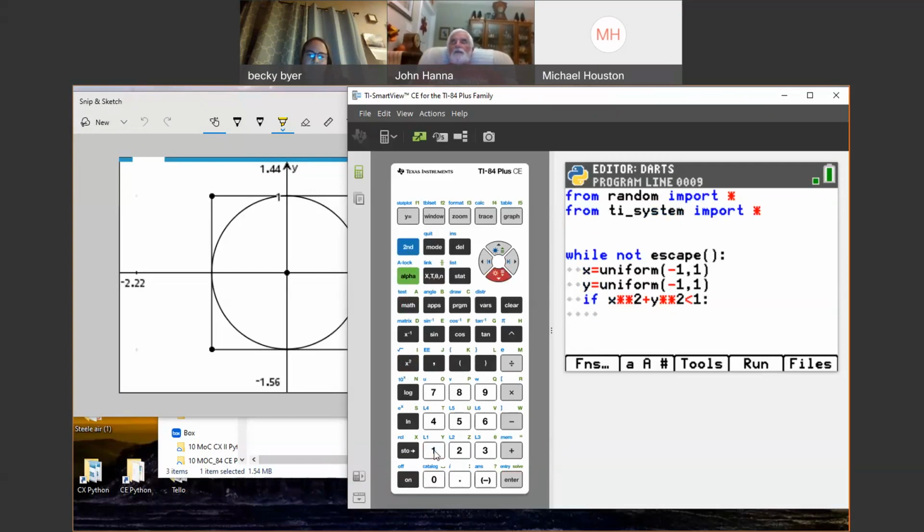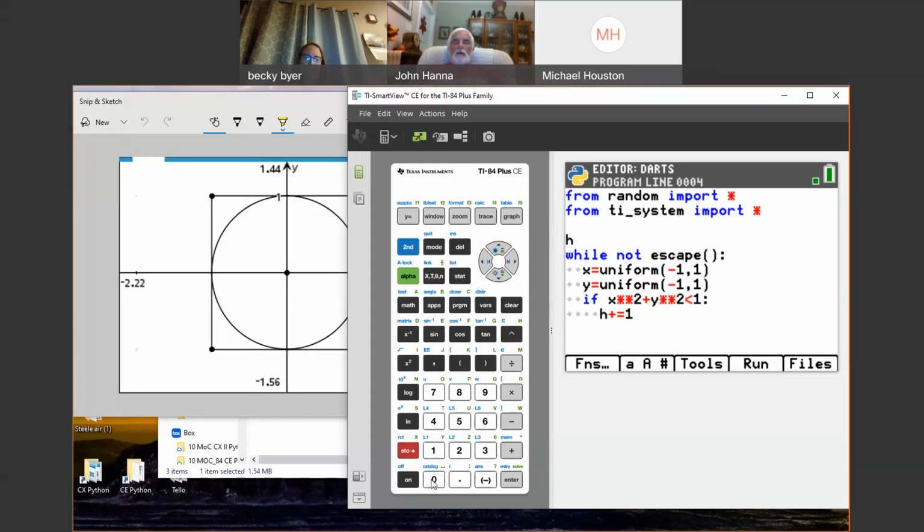And then we're going to add 1 to the number of hits. I haven't defined what hits is yet, but it will be H, alpha H. And then I'm going to use a shortcut here, plus equals 1. This means add 1 to H, or H equals H plus 1, but it's a shorthand notation which simplifies things a lot. So up at the top of my code, I need to start off with an initial value of H. Alpha H